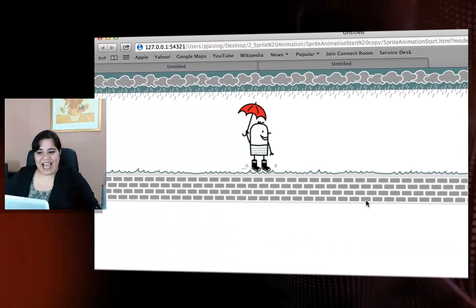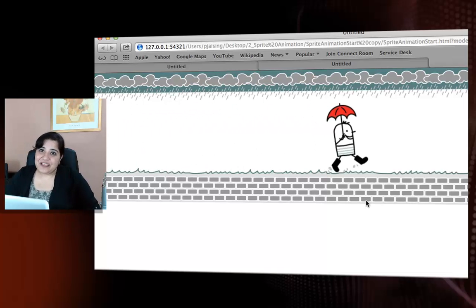So now you can see that this person is again happily walking from one end of the stage to the other. So go ahead and try creating some fun